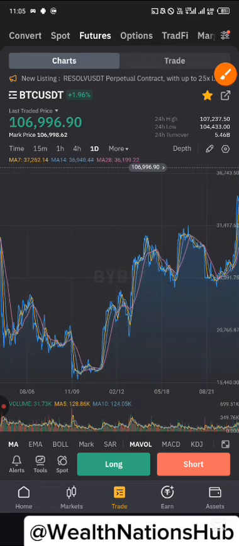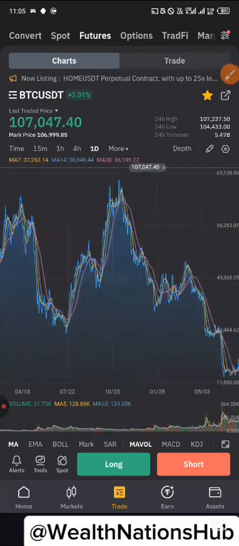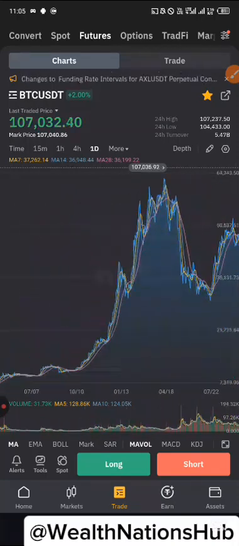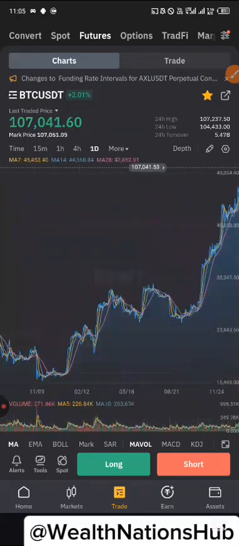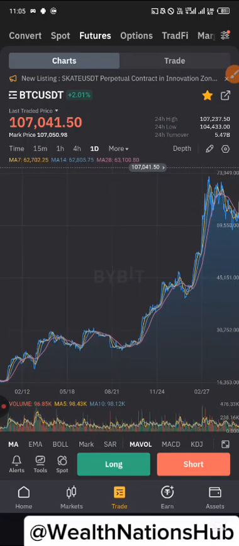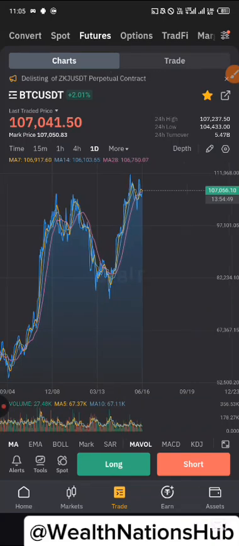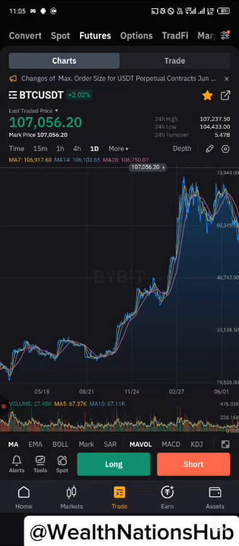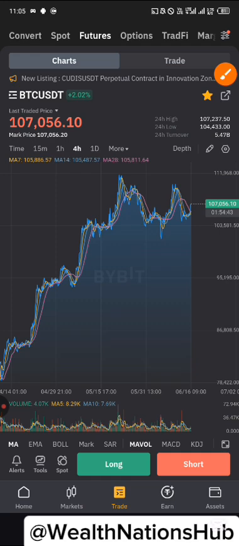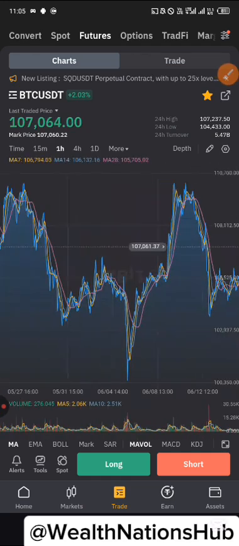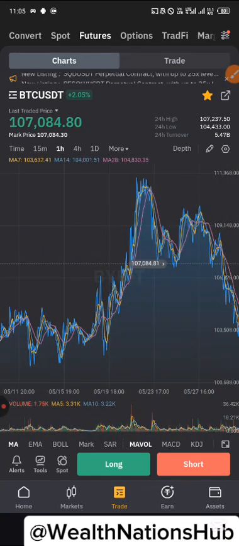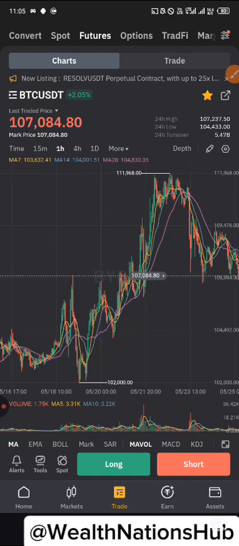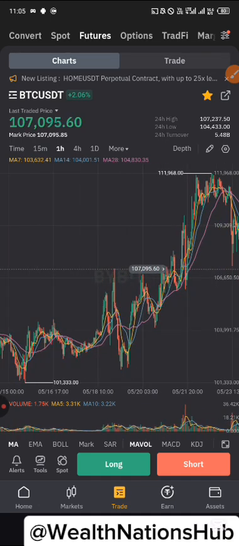This is a BTC USDT pattern. So take note of that. If you are going to be trading for weeks or months, you are advised to use a 1 day time frame. And if you are a scalper or daily trader, then I advise you to go ahead and use maybe